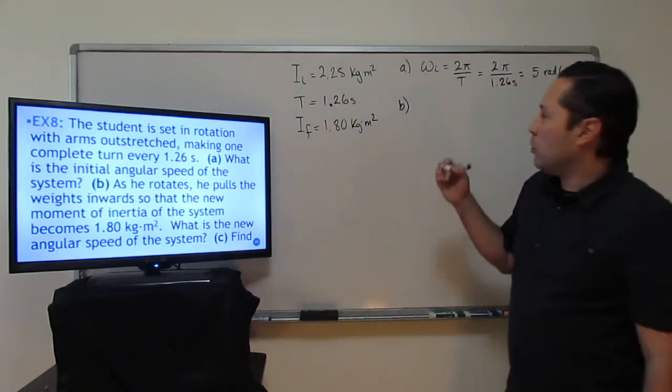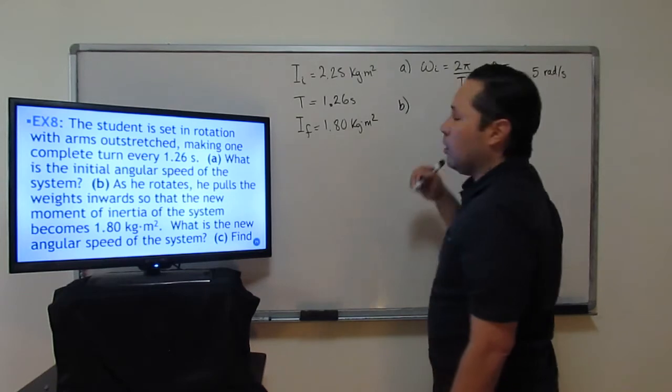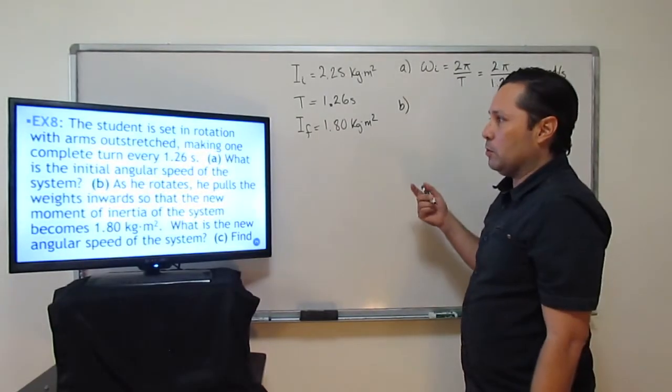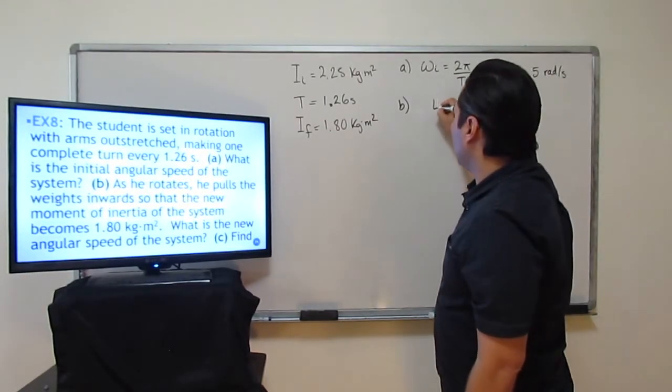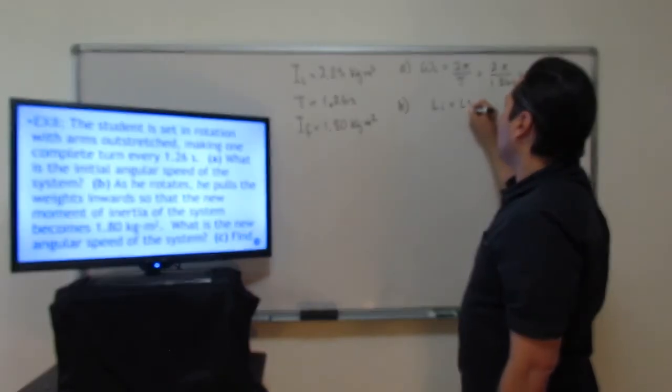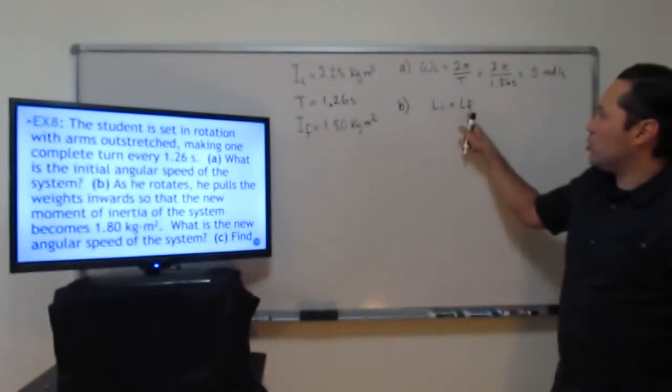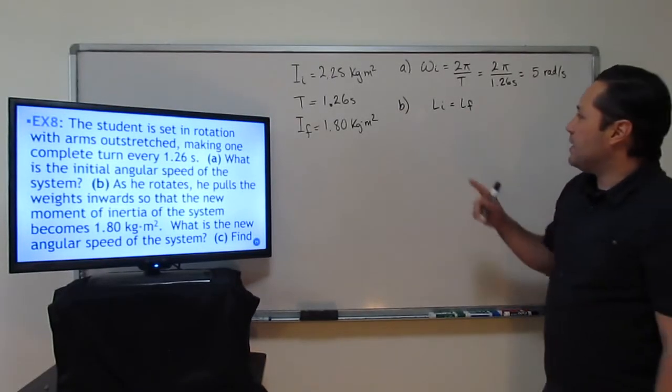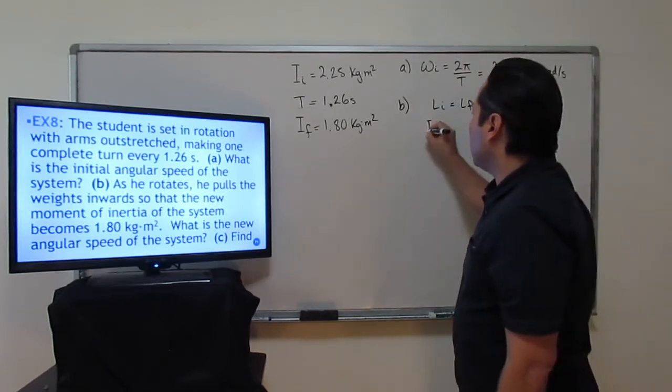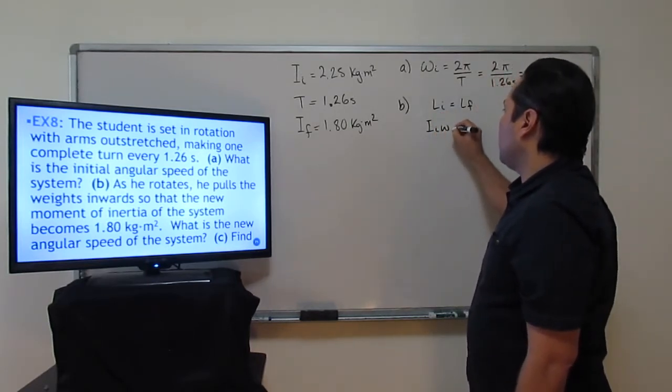All right, so we're going to use this formula for the law of conservation of rotational momentum. It's going to be Li equals Lf, so initial equals final. And what is L? It is inertia multiplied times angular speed,